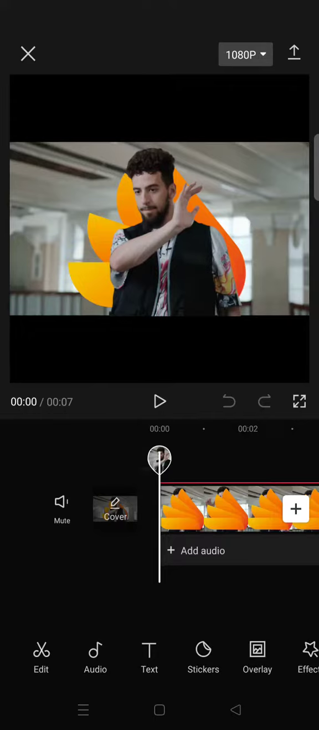So I'm going to just add the effects first. In this case, I'm going to add video effects. Then I'm going to add this smart sharpen effect. Okay, just click on the check icon, and after that, if you want to change the object, so now the